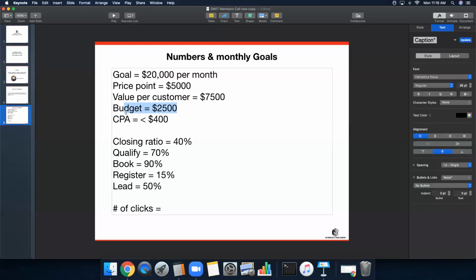When you have this formula set up now and your cost per acquisition is less than $400, I can easily say, okay, well, if this is possible, I'm going to go through this with you right now based on the number of clicks, the click-through and the cost per click. And we're going to see, is this even possible? But I know that if it is possible, I should be looking at roughly, what's that, 4.25, 6 new clients every month, right?